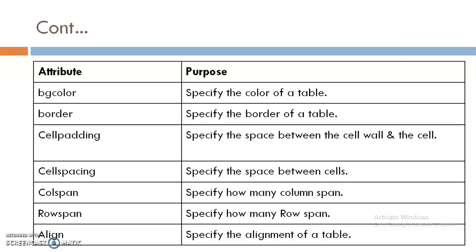Third one is cellpadding. Cellpadding specifies the space between the cell wall and the cell content. Next is cellspacing. It specifies the space between cells. Colspan specifies how many columns to span, meaning to merge columns. Rowspan is used to merge rows. And the align attribute specifies the alignment of a table.